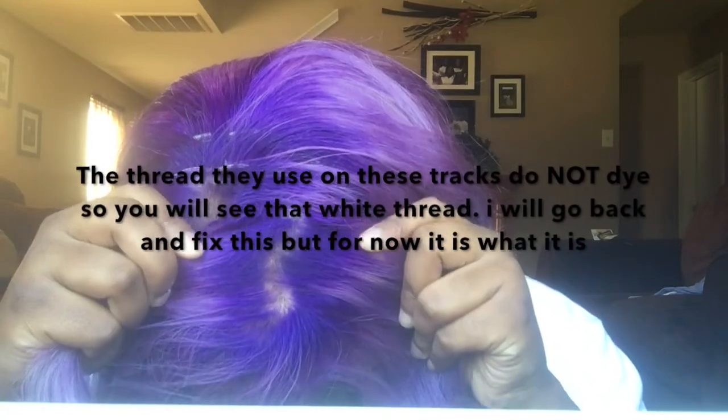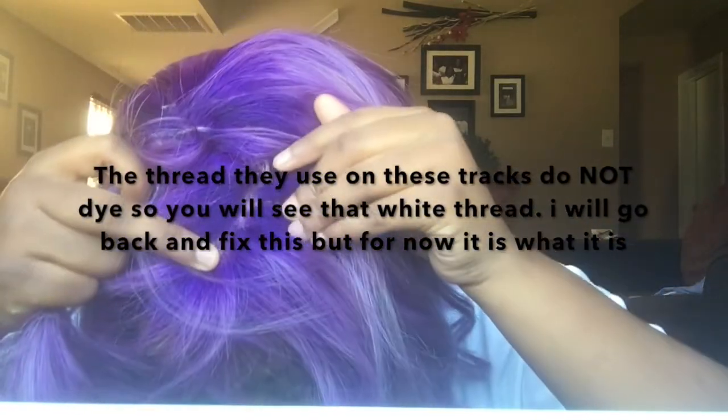Basically, you're gonna look at a dark brown because I put a really dark brown and I'm like, okay, this is gonna be too dark, but once it goes on to the white, it actually was the perfect color. So I took the peanut butter color and the dark brown color. I don't remember the name of it, but I mixed that in so my lace wasn't white anymore. And my lace is not fully colored because I just put it where I had my part, but if you look right here, you can see that right there,